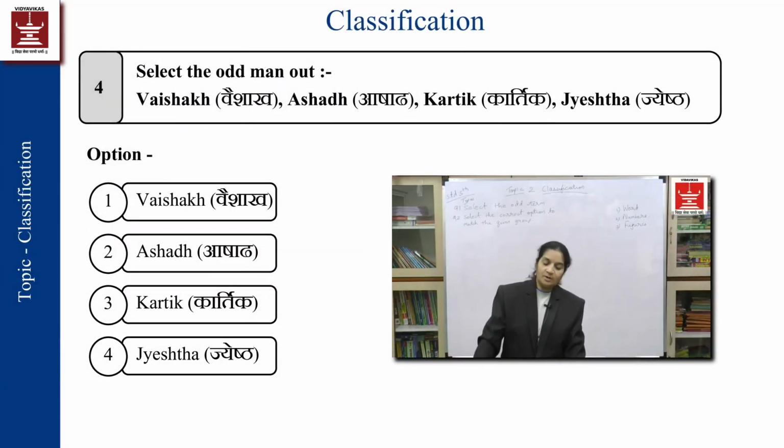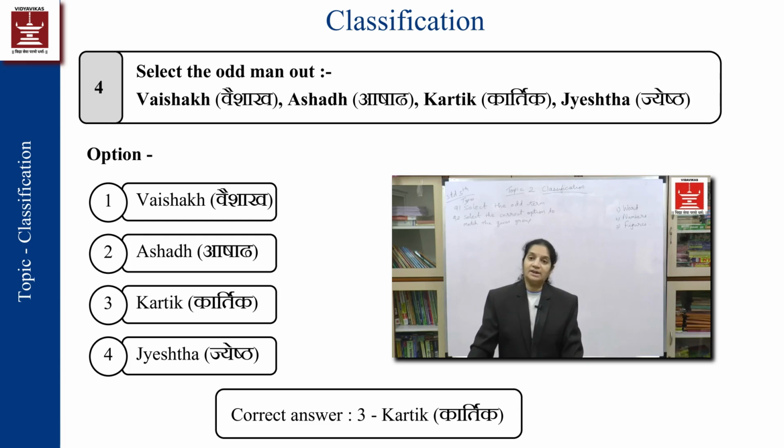You need to have knowledge about the calendar also. The months, the weeks, okay, the names of the week, days in the week. Okay, one example is given here where the months are written in Marathi. Okay, according to the Hindu calendar, we have the months written in a particular sequence. See what is given here. Option number 1 is Vaishak, Ashad, Kartik and Jeshta. Now you need to know their sequence, you need to know their positions also. Vaishak, Ashad and Jeshta are the months having 31 days, whereas Kartik has 30 days.